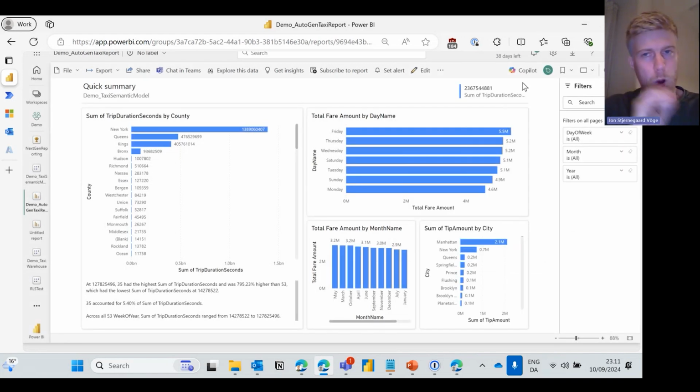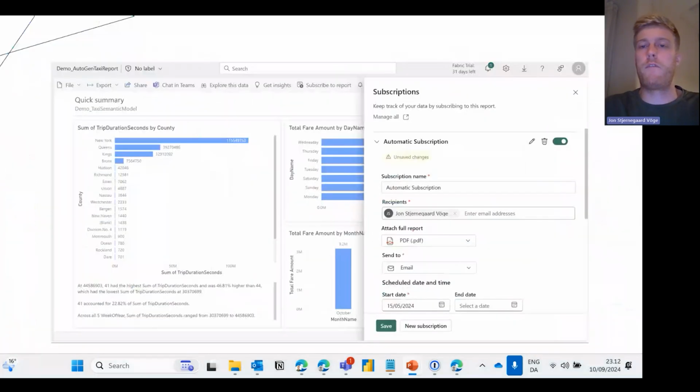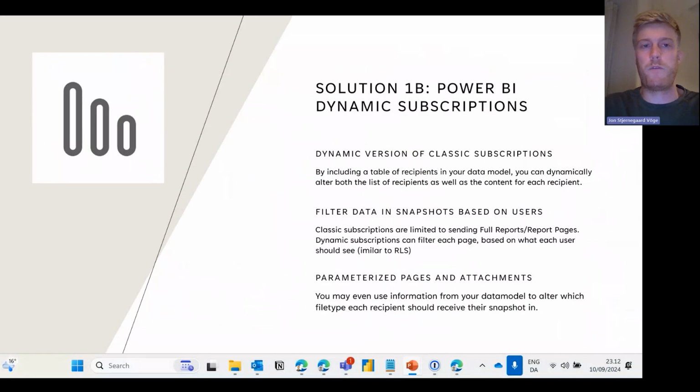But that's the most basic way we can think about this, right? We're going to deliver an email to our end users with just a screenshot of the report and a link to the report, prompting them to say every Monday morning, go and check your numbers from last week, something like that. The next option we have, and you saw the bottom just a second before, right, is the dynamic subscriptions,